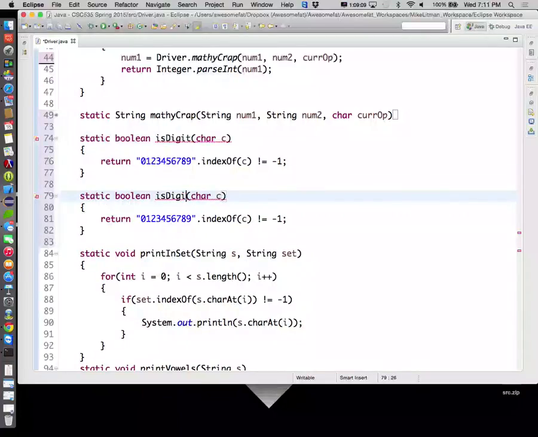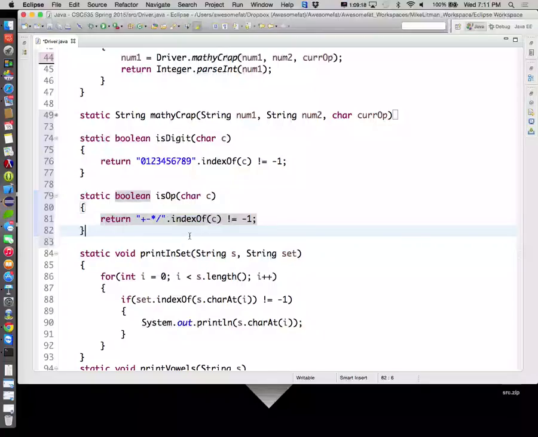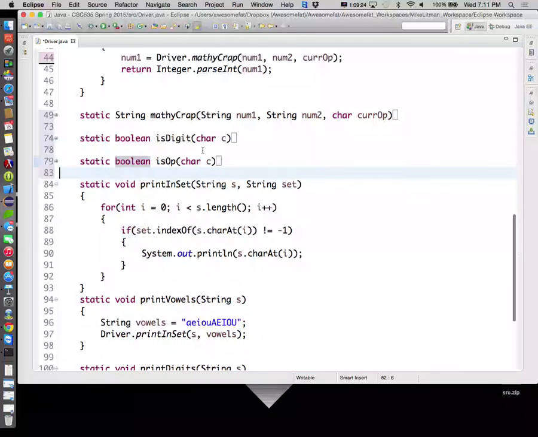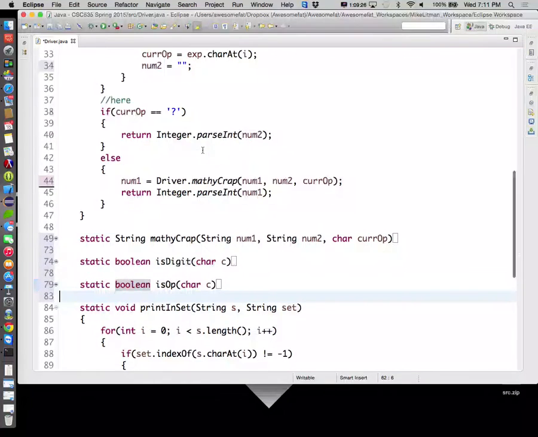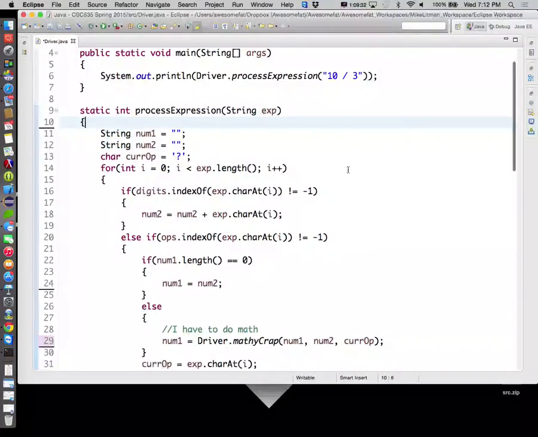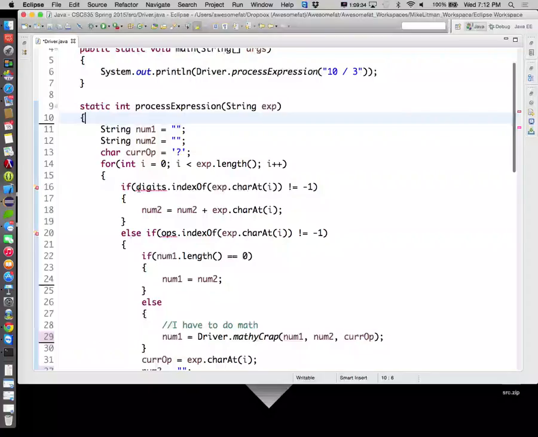Is op. Same thing. So I have is digit and I have is op. Minimize those down. So now what I could do is I could take out these two lines. I don't need those variables anymore. And instead of this random crap,